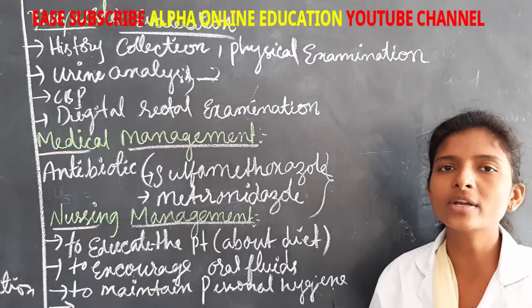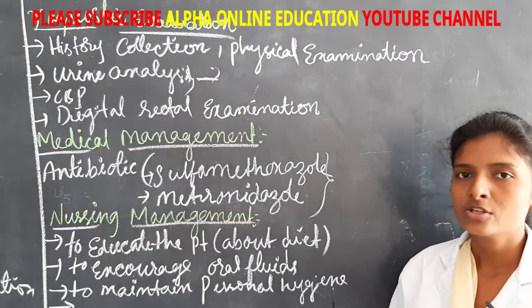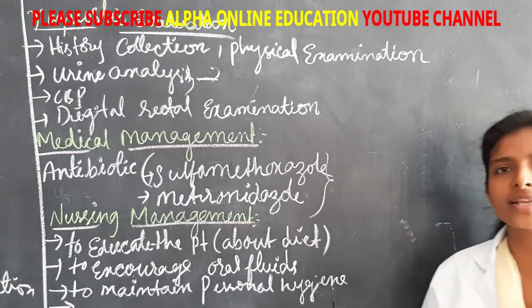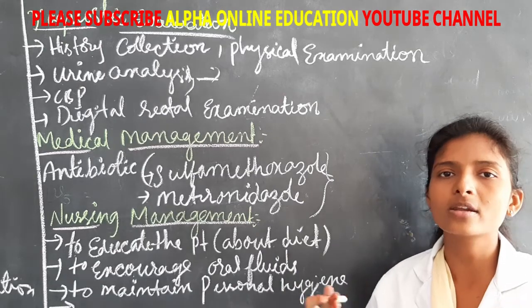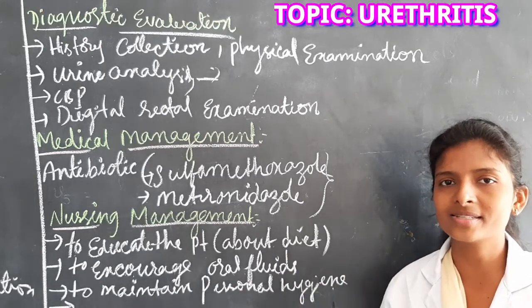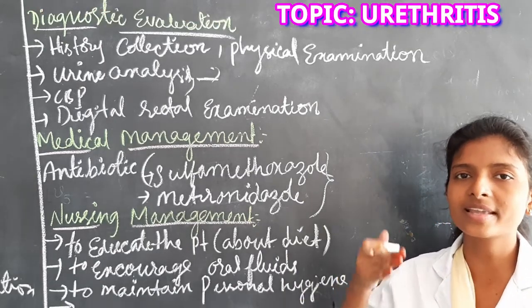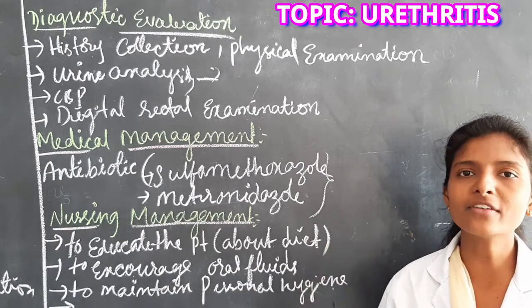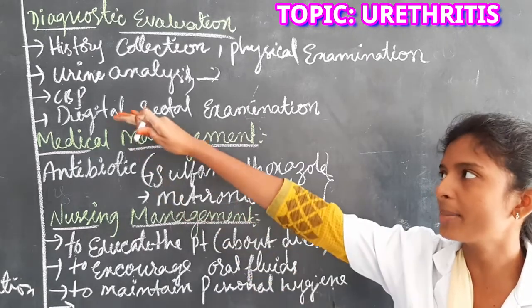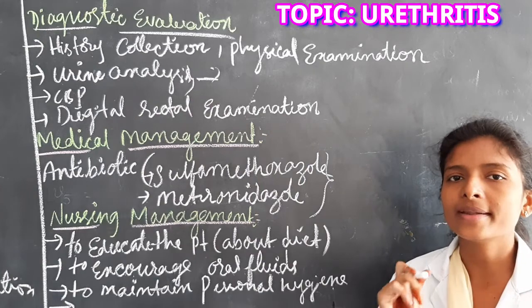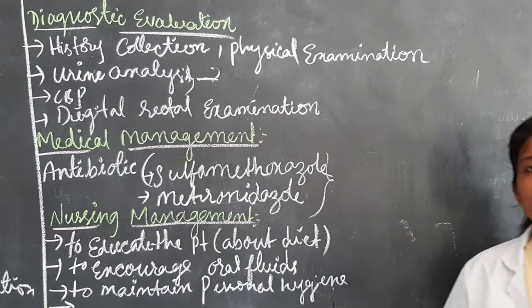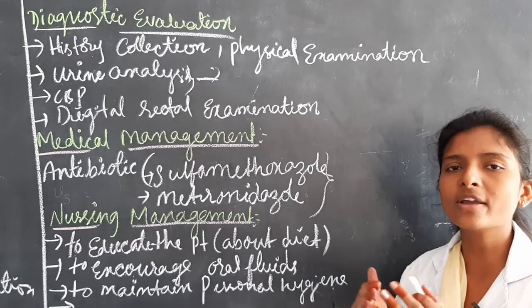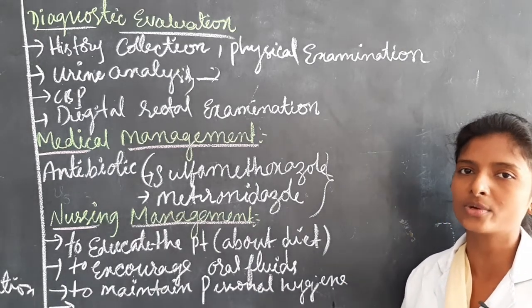So they will go for complete urine examination. In complete urine examination they will see the pus cells, whether it is loaded or not, and next thing, red blood cells, whether it is increased or not. To identify that they will go for complete urine examination. And next thing, urine culture, to identify the sensitivity of the microorganism. To identify those things they will go for urine analysis.